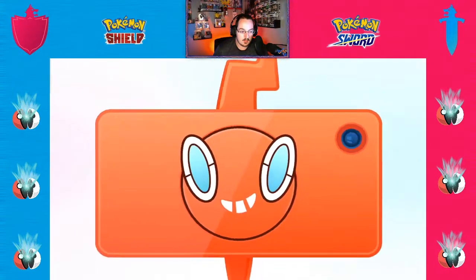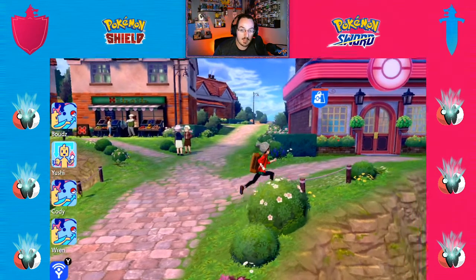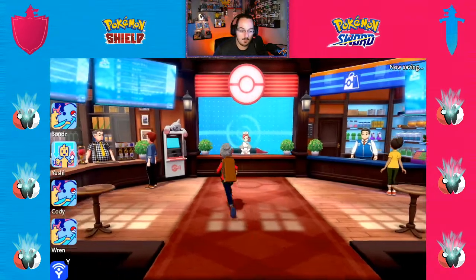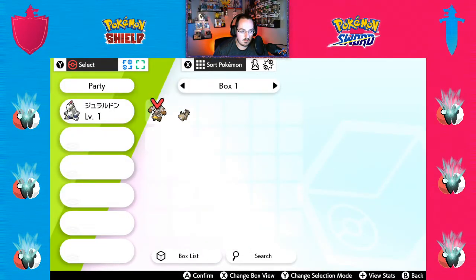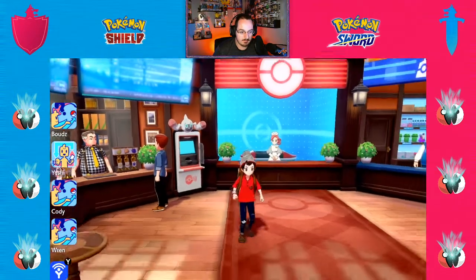Let's see. So far we have Duraludon and Diggersby. I should just stay in the Pokemon Center, but it's fine. Level 49. Yeah, that's not going to listen to us. Alright,